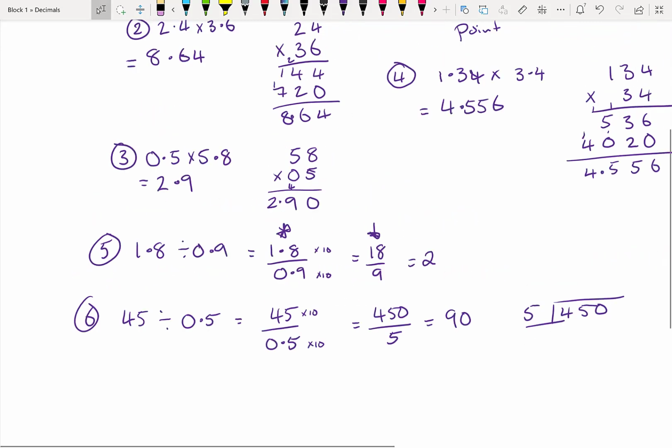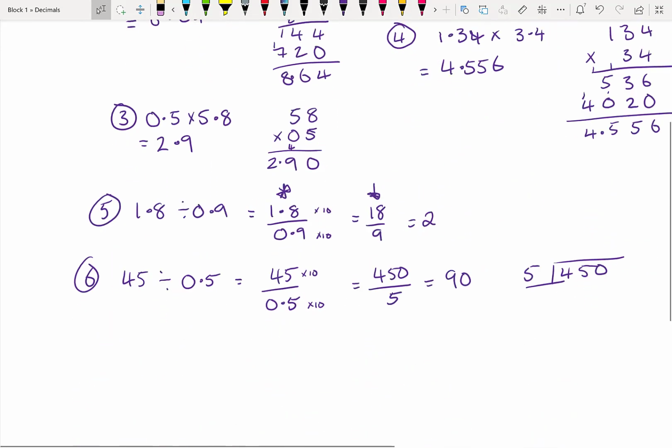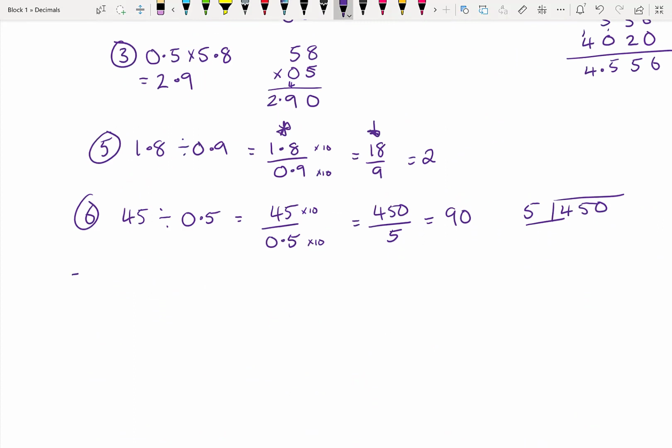So let's have a look at another one, 2.01 divided by 0.03. So I'm going to chuck it in as a fraction again, 2.01 over 0.03. Now this time, the most number of decimal places I've got is 2. And so I'm going to need to multiply top and bottom by 100 this time. And so that is going to give me 201